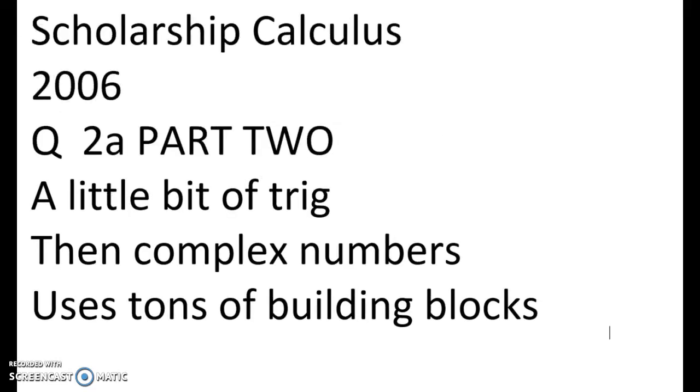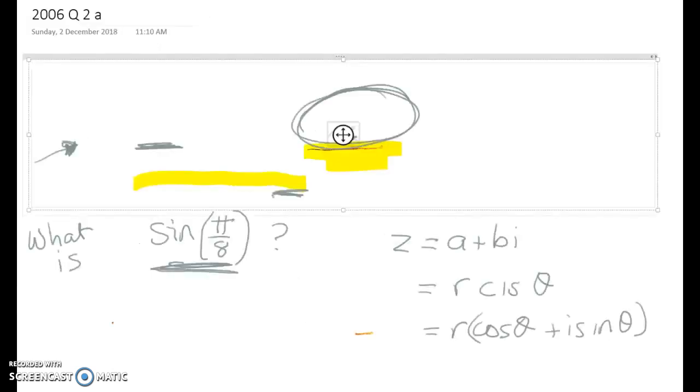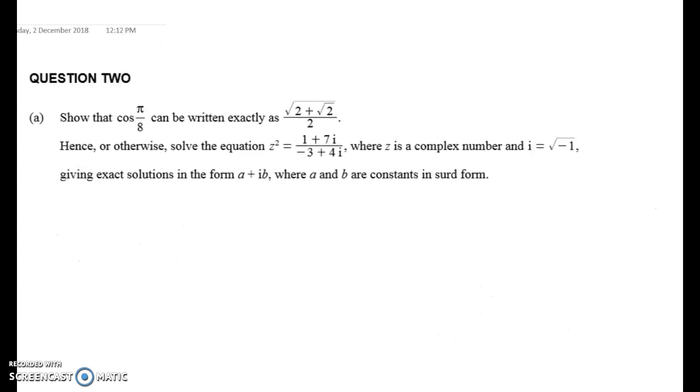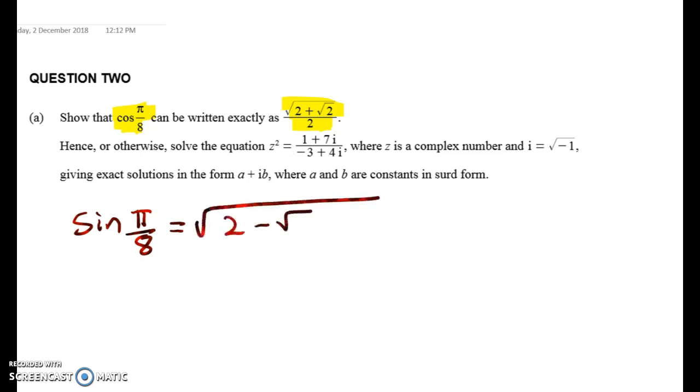This is part 2 of question 2a from 2006. This part is the bit where we've done the trig identity stuff. So we've shown that we can write cos of pi on 8 like this. And we also, in the first video, worked out the value for sine of pi on 8, and we found that it could be written as, it's very beautiful and symmetric, this. So we're going to use both of those two things in this part,